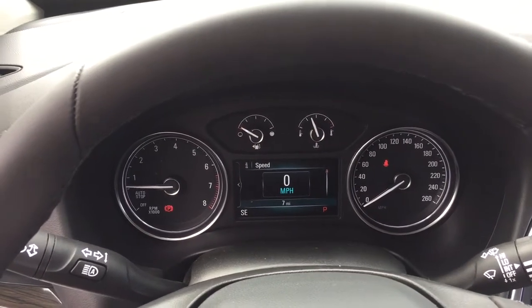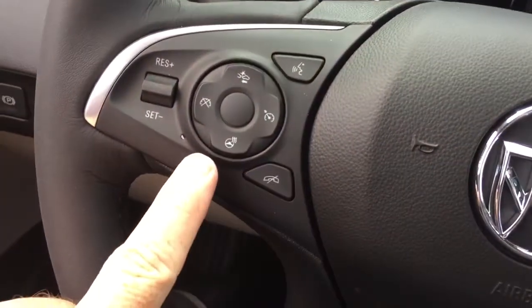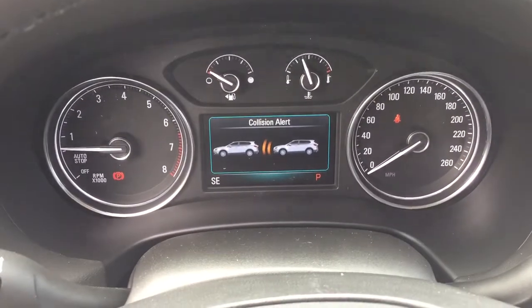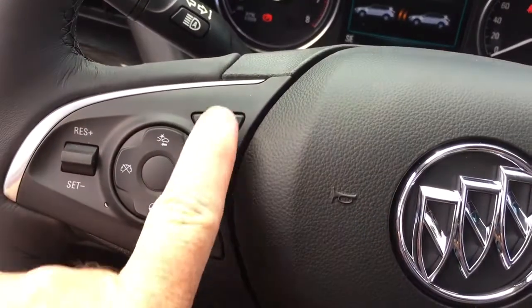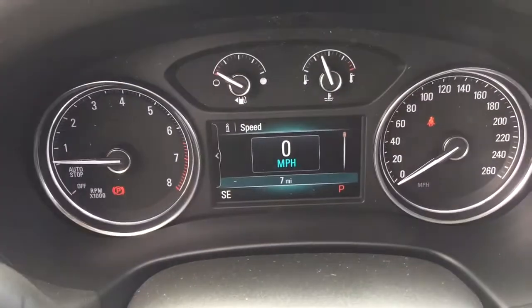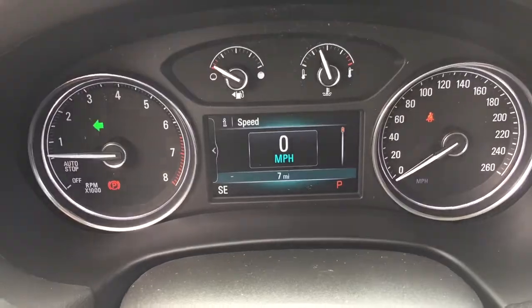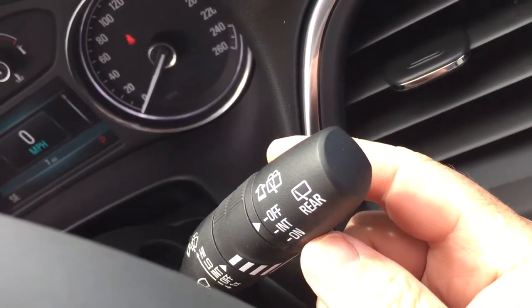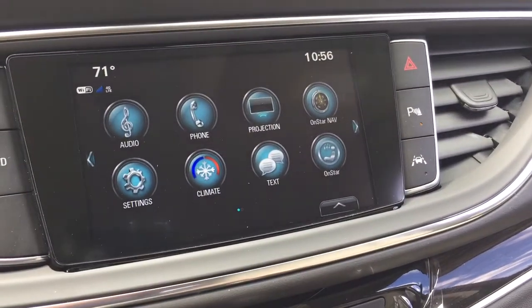Leather wrapped steering wheel here on the inside, and it is heated. And you also have the forward collision warning, another great safety feature there for you. Your hands-free calling and voice command, cruise control, headlights and turn signals, intermittent wipers including rear wipers over here on the right hand side, and full color touchscreen with AM FM, Sirius